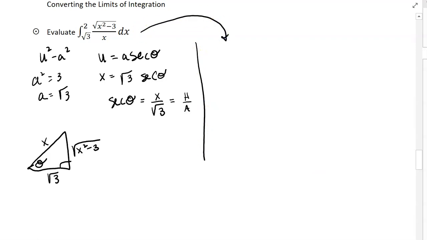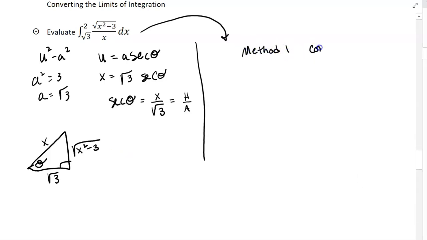Now the important thing about doing any kind of integration with a definite integral, anytime you're doing any u substitution, you have to take care of the bounds very carefully. And you have two options. You can either convert the bounds to theta at the beginning of the problem, or you can go back at the end and just convert everything back to x and use your old bounds. And it's up to you how you want to do it. I'm going to show you both methods. Just be aware you do have to deal with it one way or another. So for method 1,